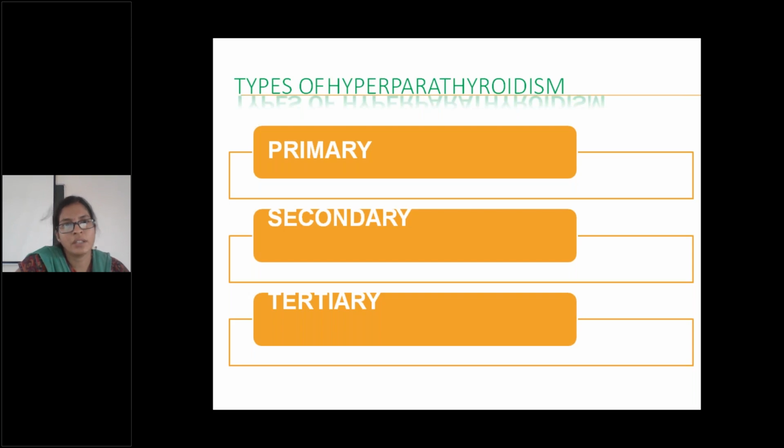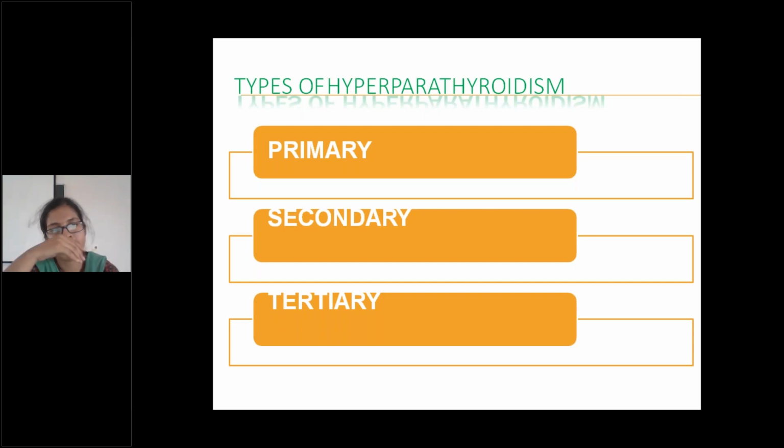Again, function: if the parathyroid hormone is increased, it is again primary, secondary, and tertiary. Anywhere, the terms primary, secondary, tertiary mean the same. Types: primary, the main pathology is within the gland. Secondary, due to some other pathology the gland will produce more; the gland is basically normal. Secondary means secondary to that pathology, there will be hyperparathyroidism.